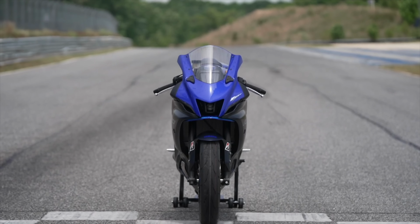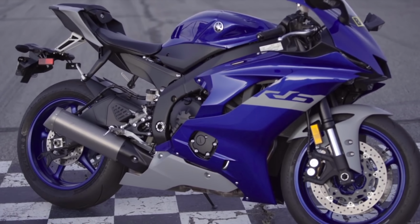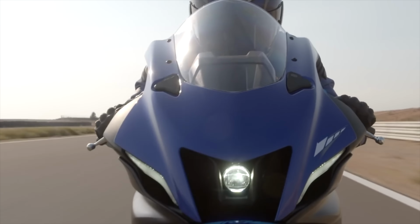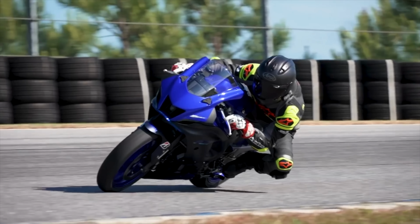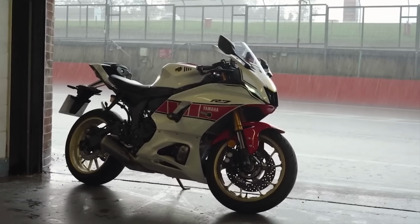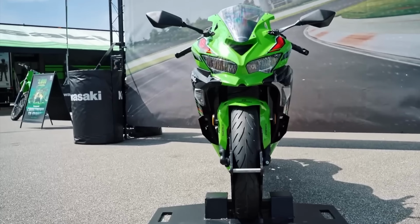It has got a narrow, race-inspired SuperSport design that is somewhat similar to the older R6. I think overall it's a very attractive motorcycle and looks great, other than that singular front headlight in the middle, although it is definitely better seen in person than in photos. There is both a high and low output model of the Yami available too, with no visual differences between the models. Now this will be a personal preference as to which is the winner because both have got great designs,